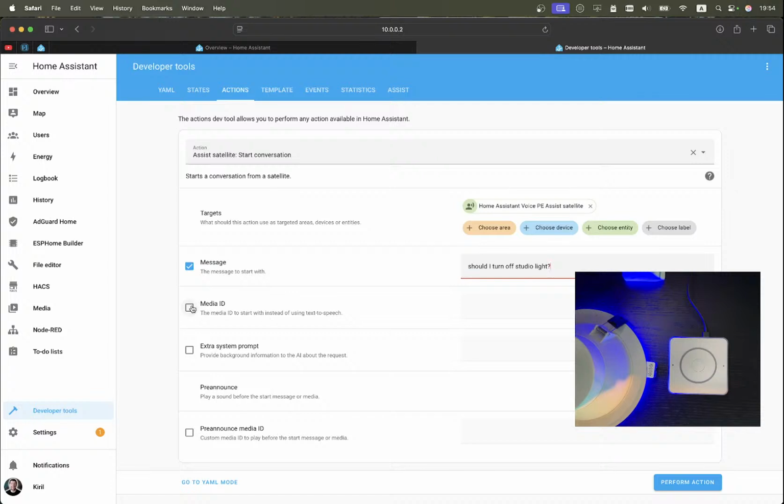and media ID. Instead of this text, you can pre-record some message, and you can use this ID of this message or sound. You can pre-record anything here, and you can use that as well, but we are not going to use that right now. Extra system prompt is the next thing that is super important here for our test. And here I just have to type some context to the AI, to the large local model. So it will know what I'm talking about, and I'll type